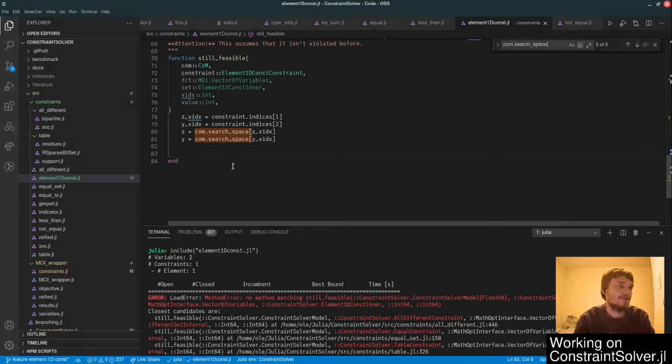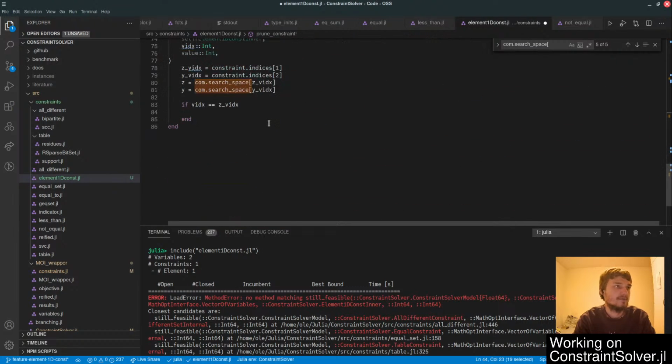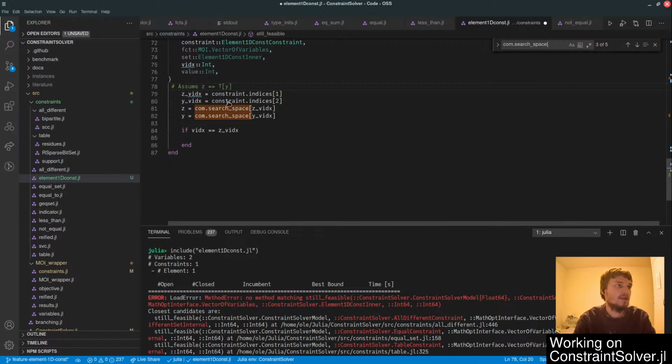And this one is fine. Okay. So if variable index is z variable index, so basically if we fix this,